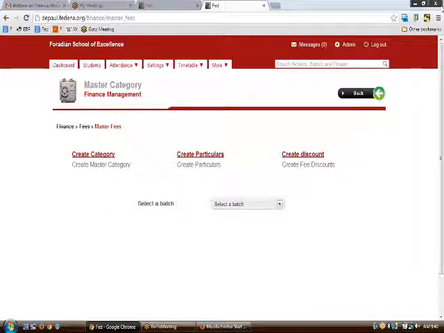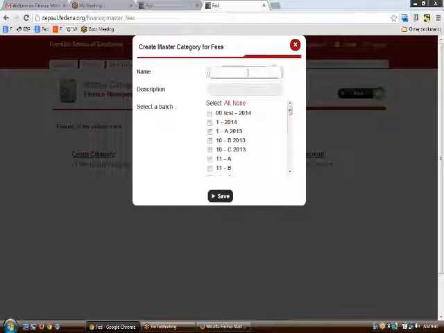The fees can be created using the create fees link, and then you need to start with a category first of all. Let us say that I want to create a category, and in that category I will be having several particulars. This category can be specific to a particular batch, or it can also be common to a whole institution.